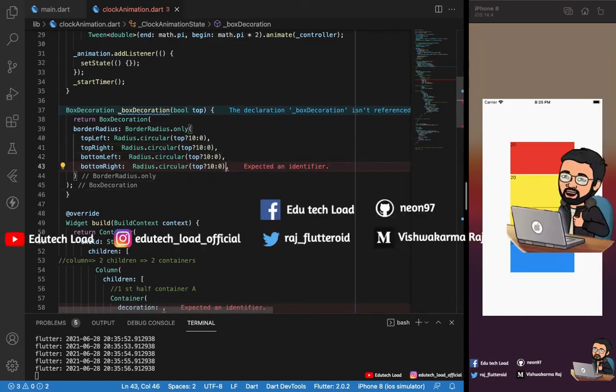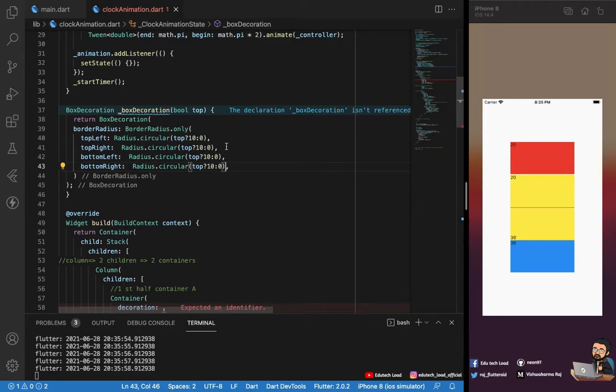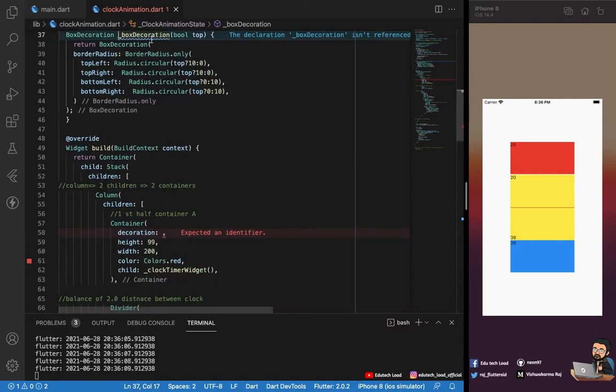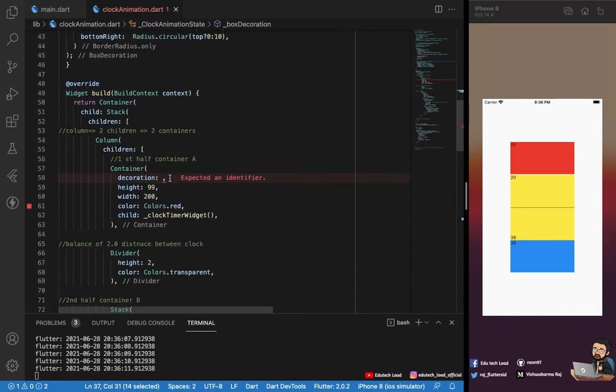Not every corner will have the same thing, so I need to mention that the bottom will have 0, and here it will be 10, here it will be 0, here it will be 10. I'm just copying this box decoration from here and placing it here. This is the top one, so I will set it to true. When I restart it,